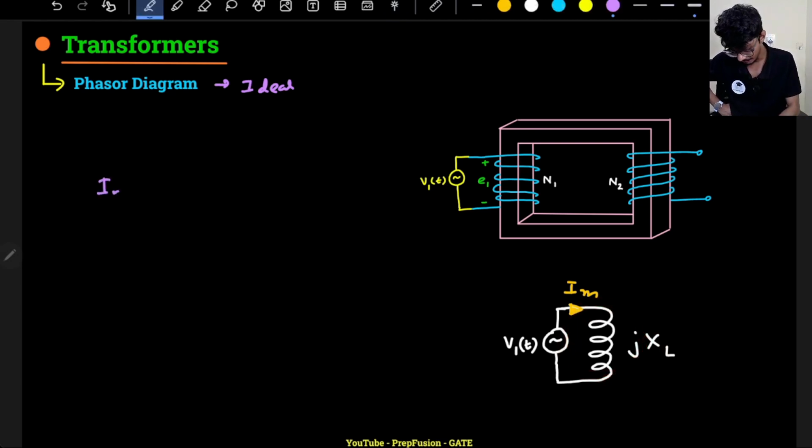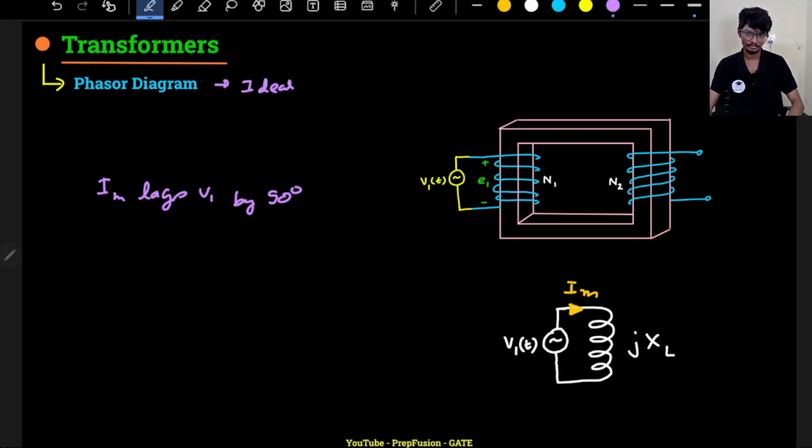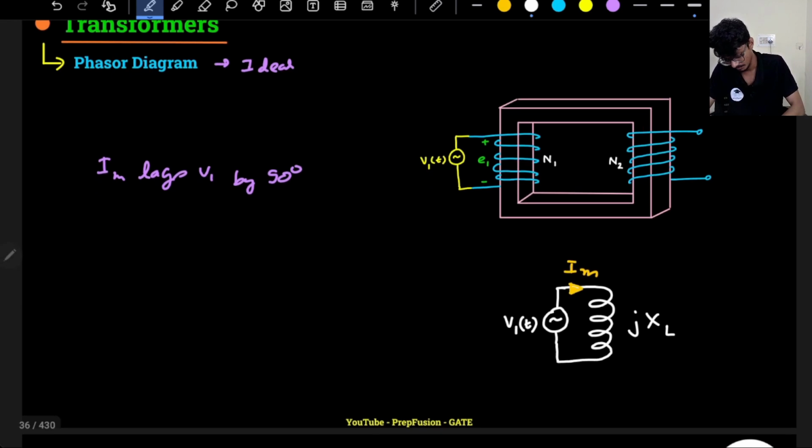So I know Im lags V1 by 90 degrees. This is the property of an inductive circuit. So for now we are assuming that it is ideal, so only this inductance will be there, which will be used for producing the magnetizing current. Okay. So my Im will always lag the voltage. If my voltage V1 is something sinusoidal, sin omega t, what will be